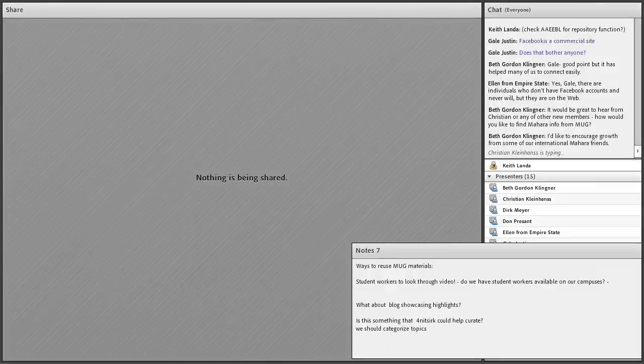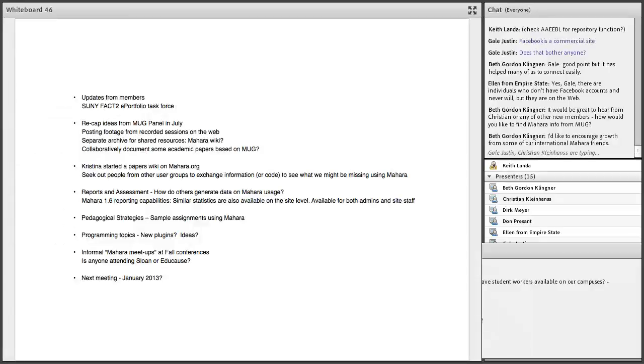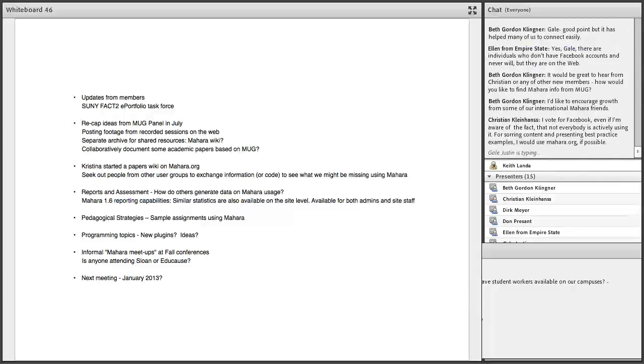Okay, maybe we'll take one more idea in the chat area, and then we'll move on to the next point for the sake of time. So I see Christian is writing something here. Okay, well, maybe I'll move on to the point where we could just look over to the chat box and keep everything in mind there. Okay, vote for Facebook. Great.